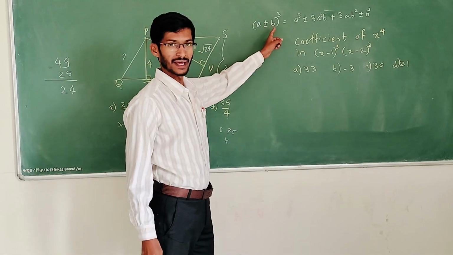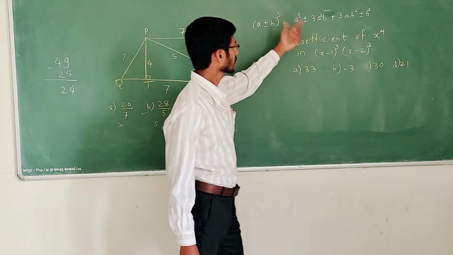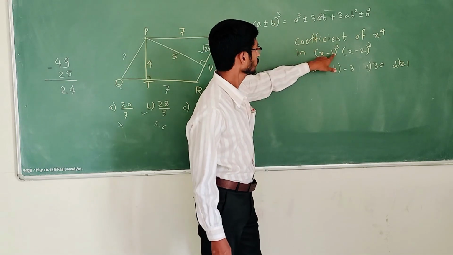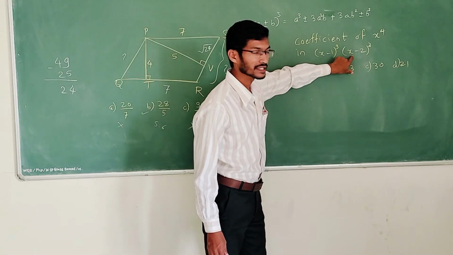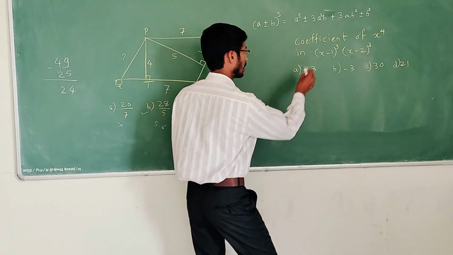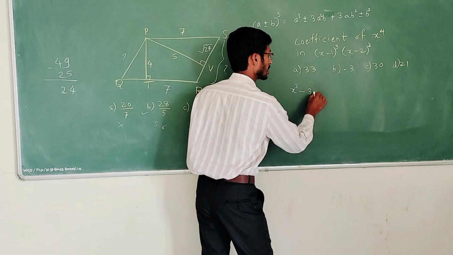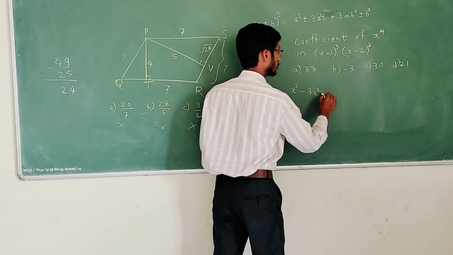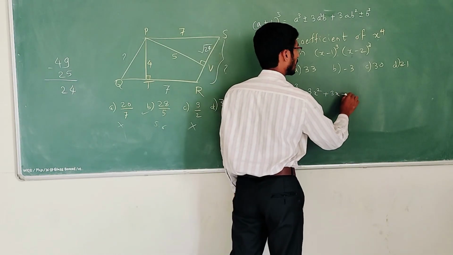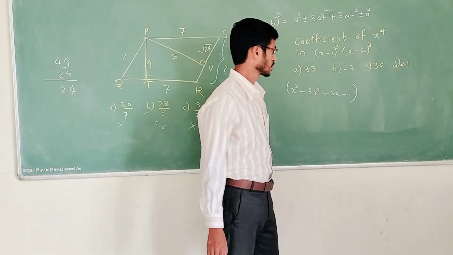So here the minus sign is there, therefore here also we will have minus signs. And if you compare this polynomial, a is equal to x and b is equal to 1. For this one, a is equal to x and b is equal to 2. So I will first expand this one. So x cube minus 3x square into 1, plus 3x into 1 square, that is 1, minus 1 cube, that is 1. So this is my first part, multiplied by